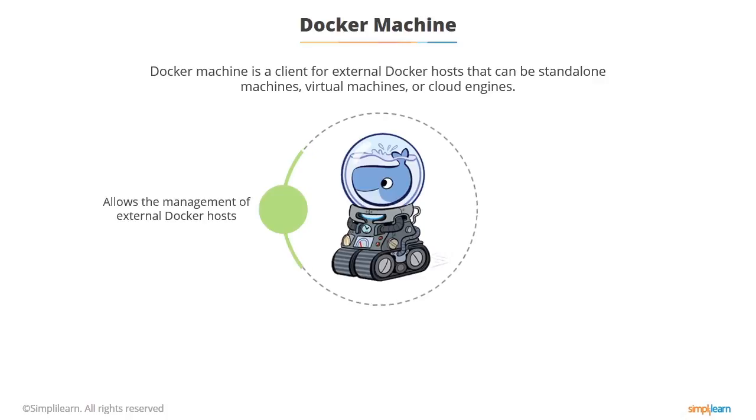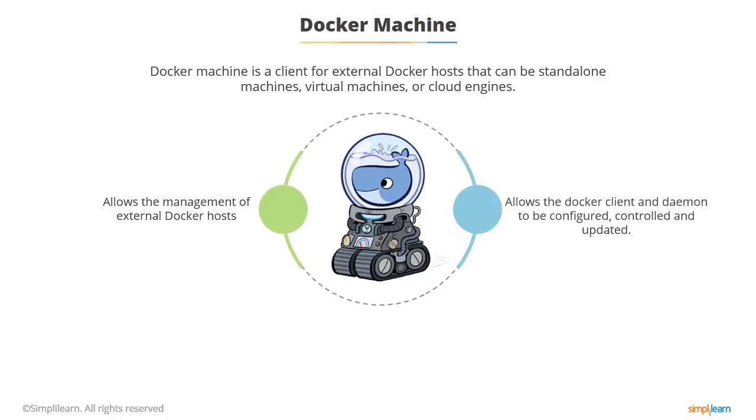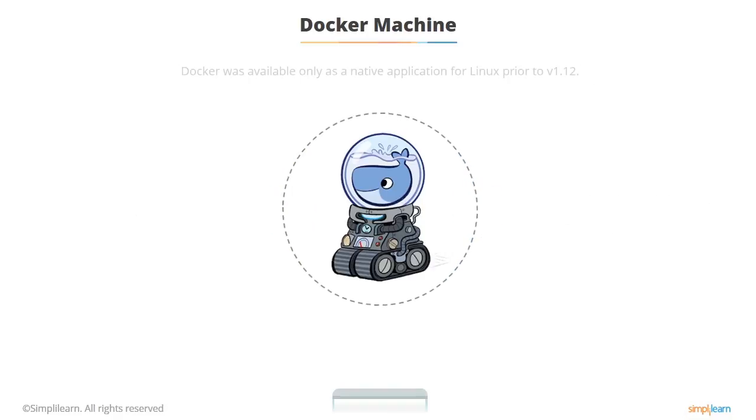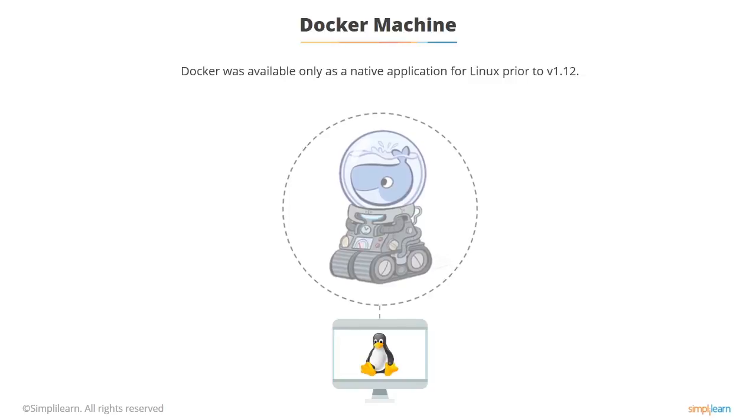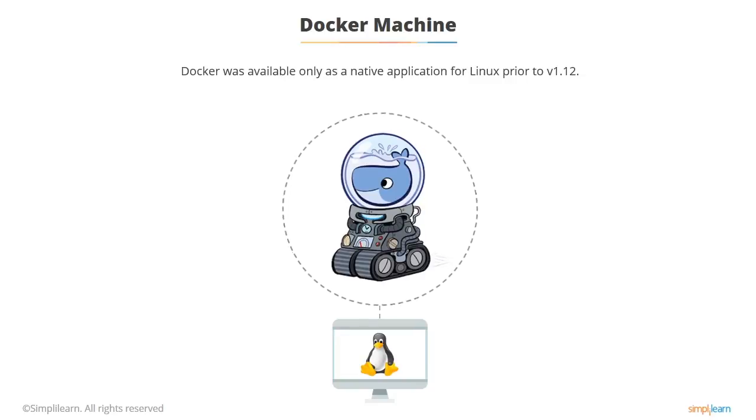And so the Docker client can talk to all sorts of things and can be a client to any host, which might be anywhere. They might be in the cloud. They might be on a local machine. It might be in a virtual machine environment of some kind. There's lots of different places it can be. But what happens is that there's a Docker machine client which enables you to talk to the Docker daemon and configure it.